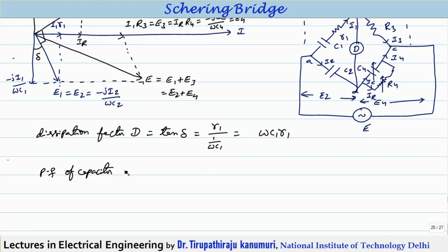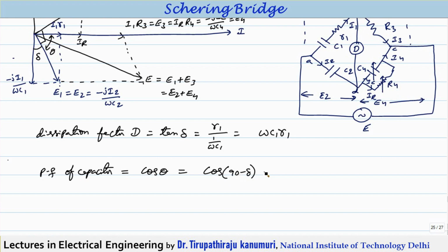Generally people confuse. So this will be equal to cos theta, where theta will be equal to 90 minus delta, because it is with respect to the current, how much this voltage E1 is lying, that angle is theta 1. So this angle indicates the angle theta. So cos theta is nothing but cos of 90 minus delta.